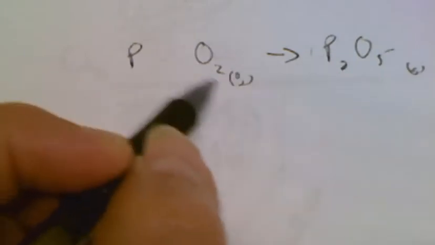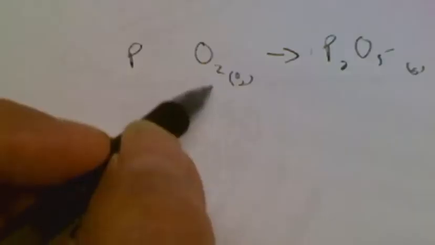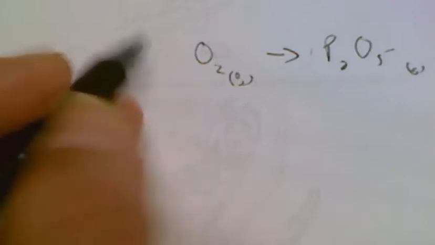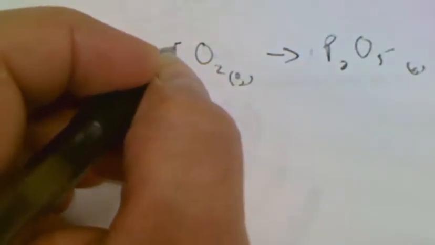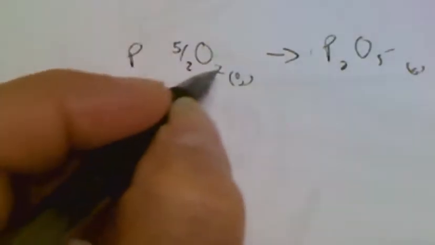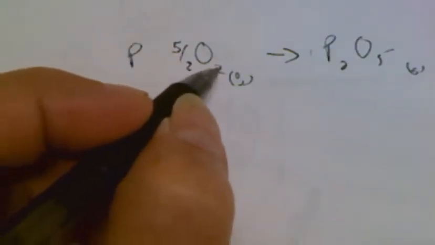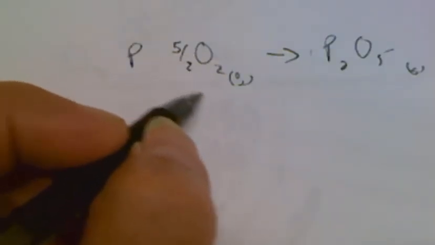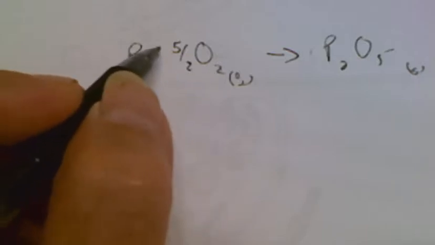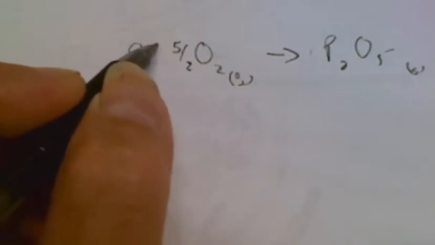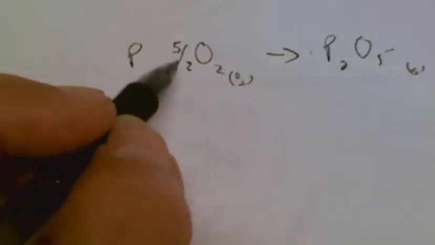Right now it equals 2 oxygens, and that equals 5, but I could force it to equal 5 just by saying that I have 5 halves of oxygens, all right? And because there's 2 O's for each one, that would be the same thing as making 2 times 5 halves, and if I say 2 times 5 halves, that will equal 5. All right, so now I've balanced my